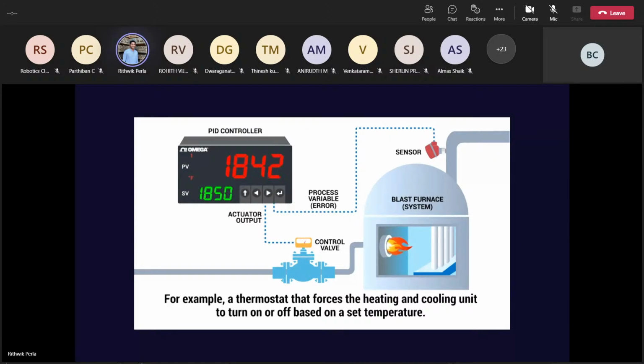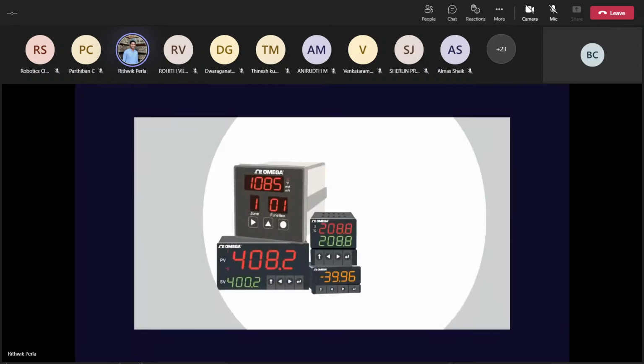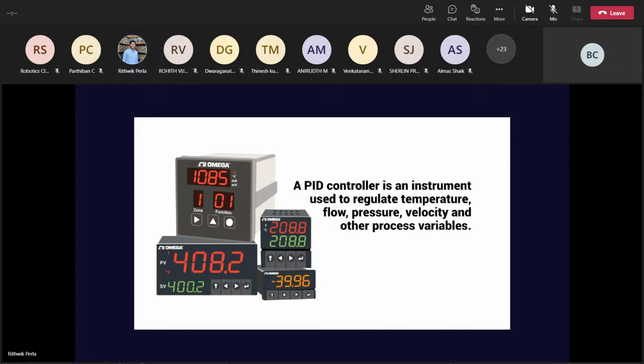These are just simple examples, guys, to make it easy to understand for you. You can Google it and get to know more about PID controls and where they are used. There is a lot of learning about PID control. Just Google it and get to know it. Many YouTube videos are there.